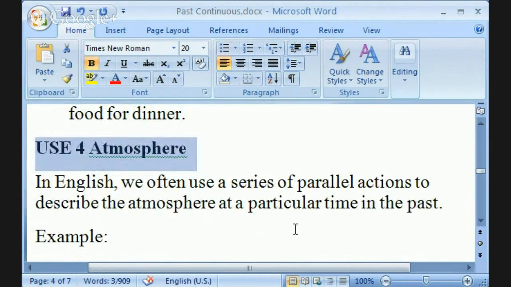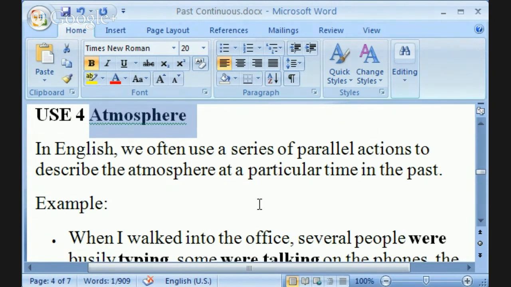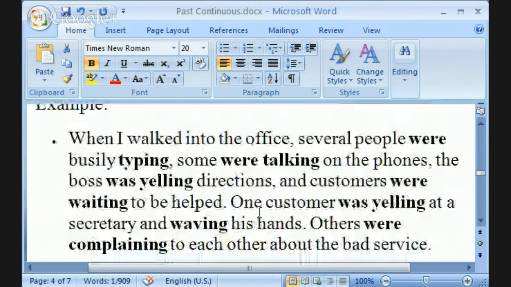Okay, here we go. Another usage of the past continuous is to show atmosphere, what it was like. In English, we often use a series of parallel actions to describe the atmosphere, what it felt like, especially in writing. Okay, but it's possible in speaking. So something of this nature, for example,